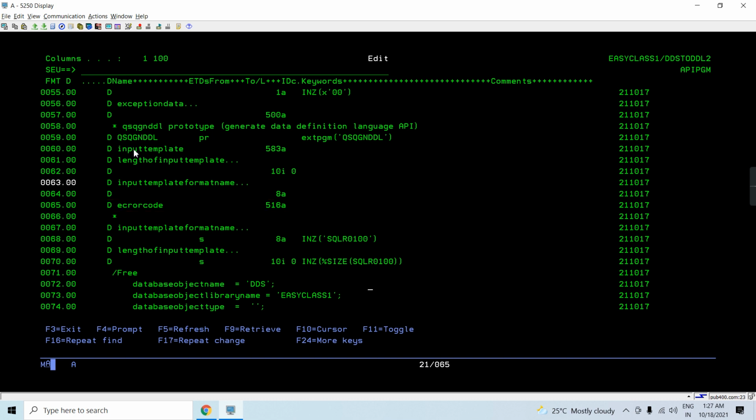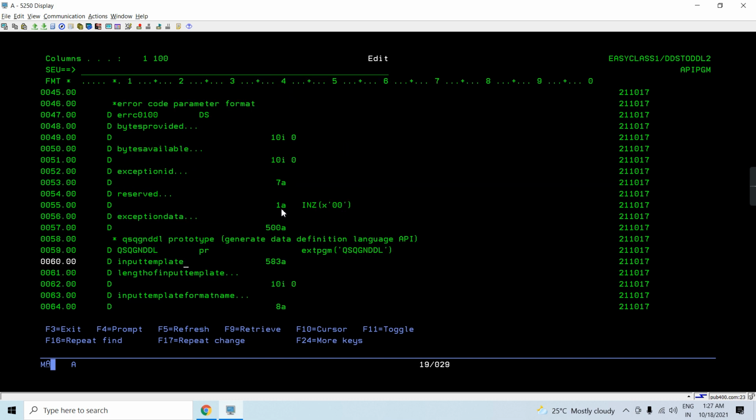So basically we have these DSs. This is the length of this input DS, this is the format name, and this is the last return DS. Let me show you each thing.